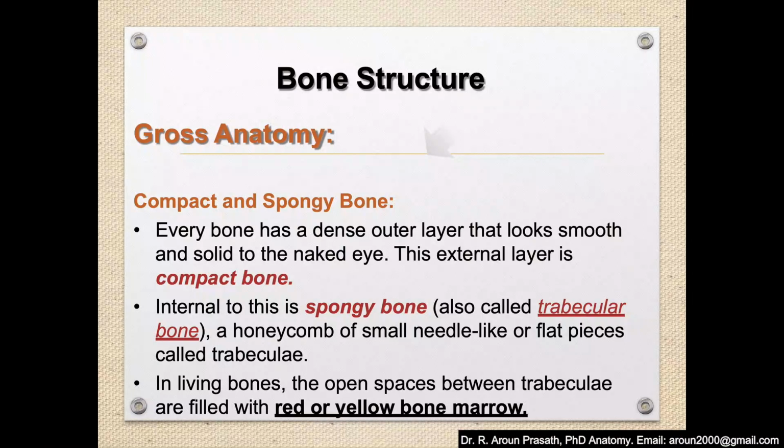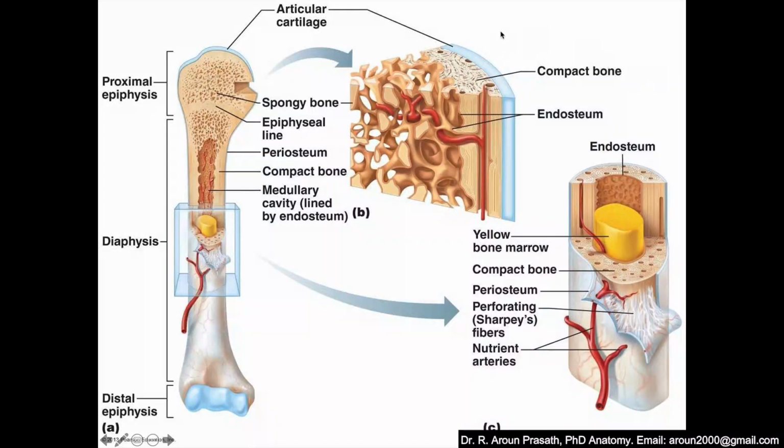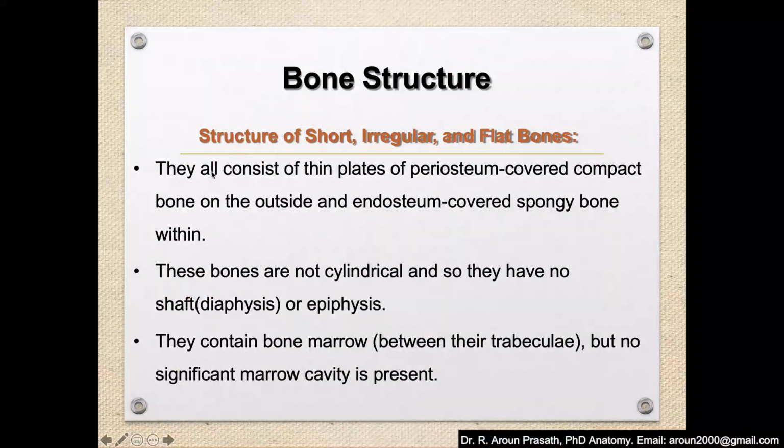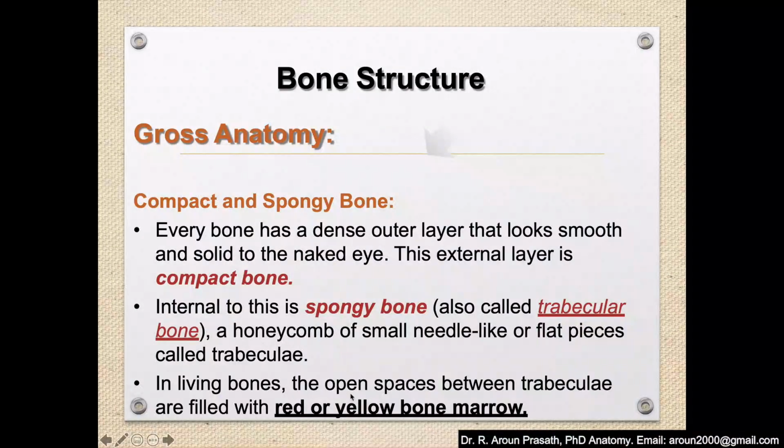There is something called the trabecular system, in which the bone cells are arranged along the body weight bearing line. So the body weight is transferred according to the bone cell arrangement. I will show you two parts. Here you can see these bone cells arranged in this manner. If you look at the femur also, all the bone cells are arranged in the weight bearing line. That's what we call the trabecular system.